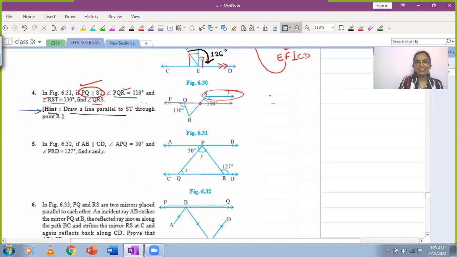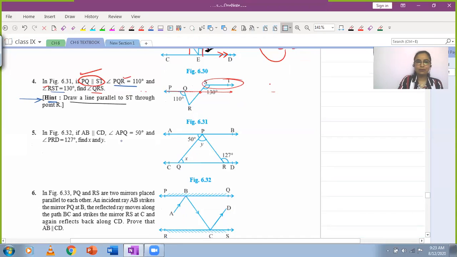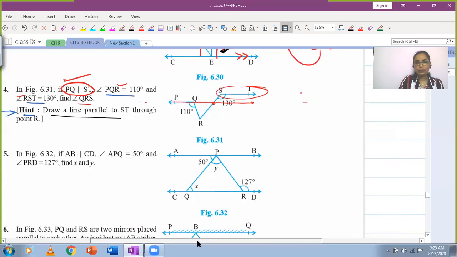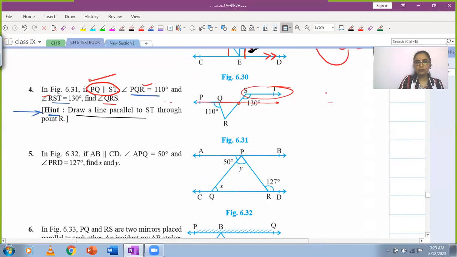Okay. So question number 5, this one is easier. We have been given this figure in which AB is parallel to CD, and you have a triangle kind of figure right there in the middle. You want to find out the measures of angles indicated by x and y. So this is the pair of parallel lines, and for these two parallel lines, there are two transversals. This PQ is a transversal and PR is also a transversal.